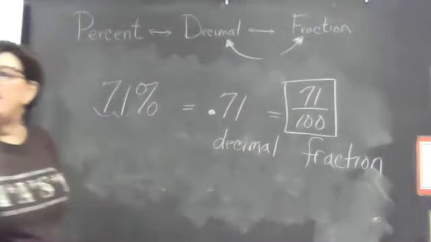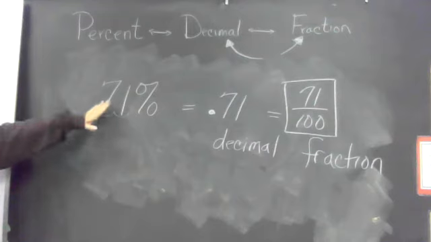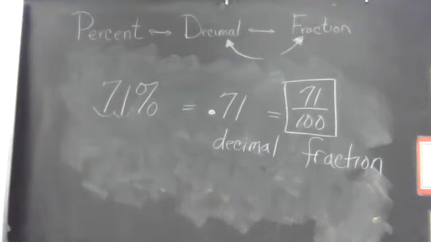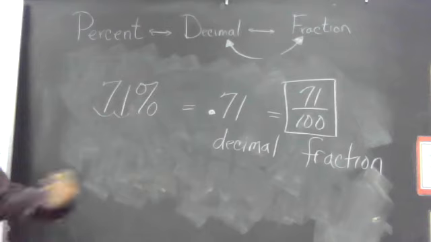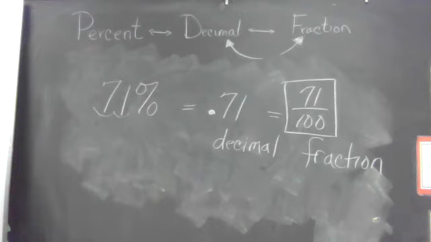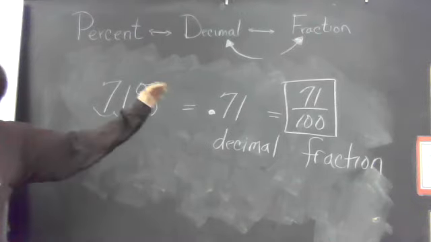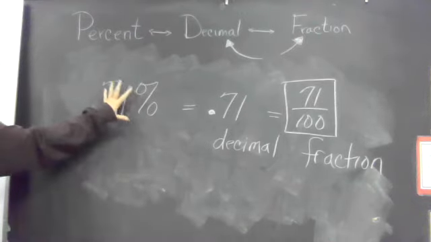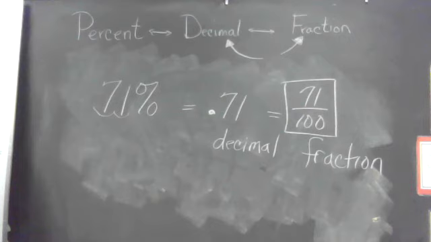So if they give you a percent and they want you to change it to a fraction, the easiest way is to change it to a decimal and then to a fraction. Sometimes you need to do that middle part to help you get to the end. If they just give you this and say change it to a fraction, you go,